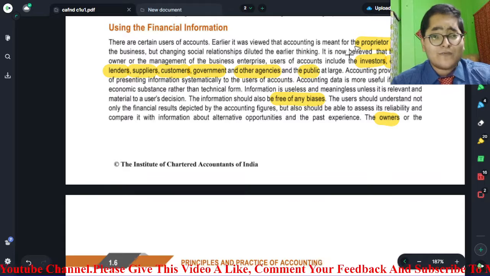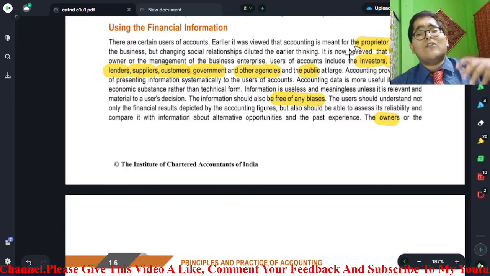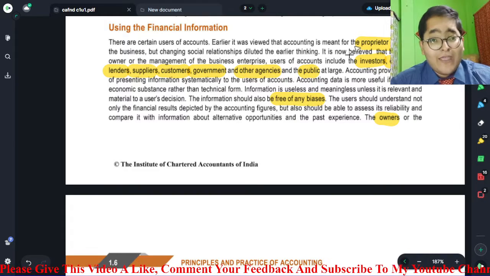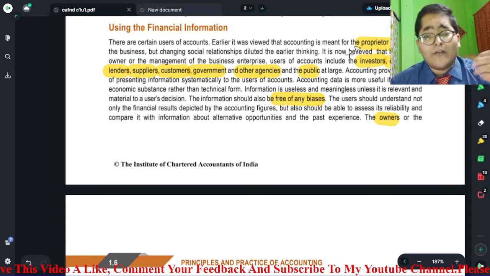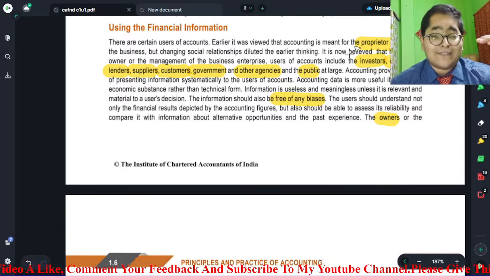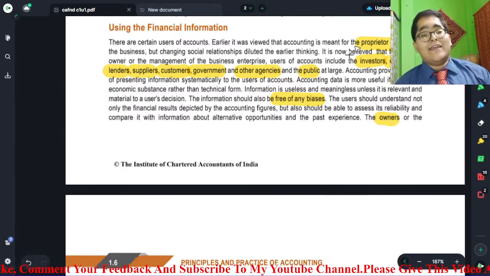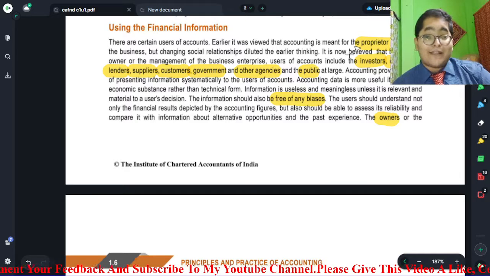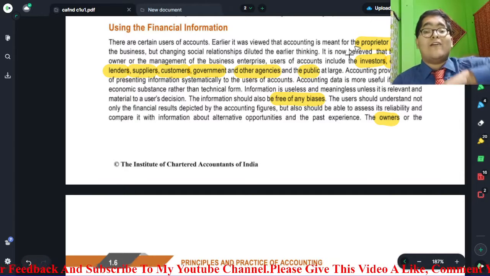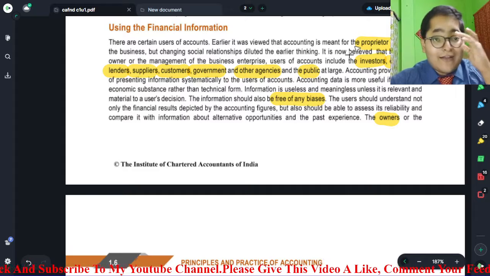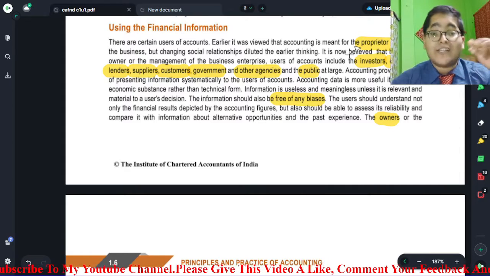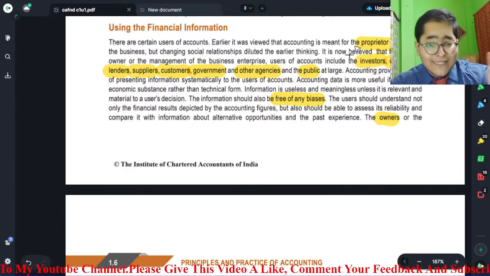A dead business is what? A business which is incurring losses for a very long time, which has not gone into profits for a very long time, and is not having any cash in hand. Then how can that business pay off the lender's loan? Right? A lender has to go through the financial information of the business to see that.